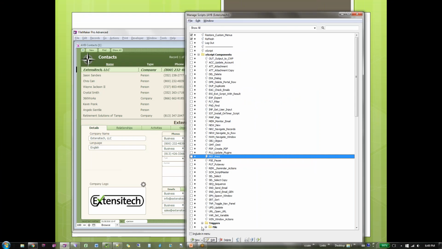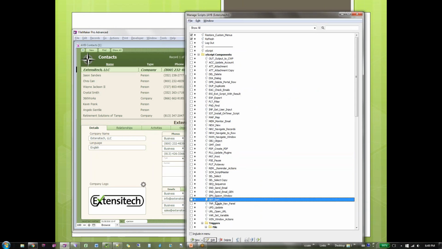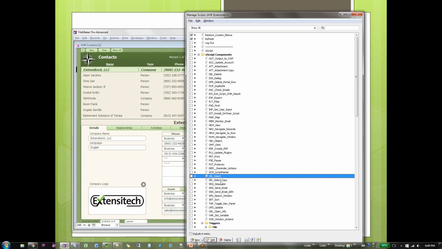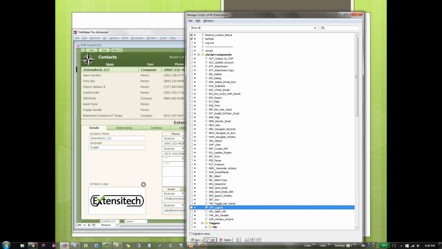So probably the simplest example of single point of change. But that's true of any of these others. If I wanted to change the way sorting behaved, if I wanted to change the way selecting behaved, I don't have to go around to every single place that we're selecting a record from another table, or every single place that we need to do a sort, or every single place that we need to update fields. I can do it in one place and affect all the coding throughout the system because they're all running through these scripts. That's that single point that we've been talking about.